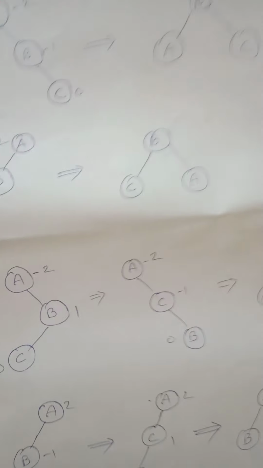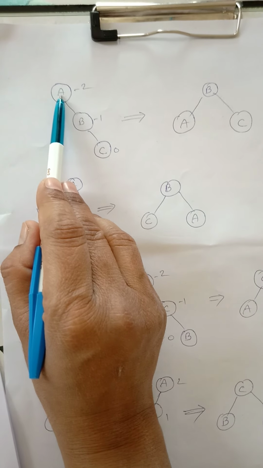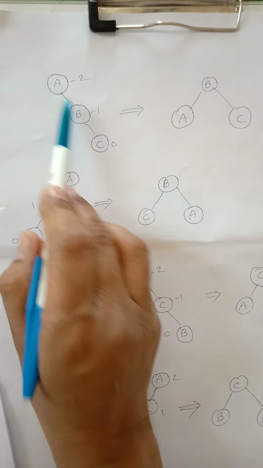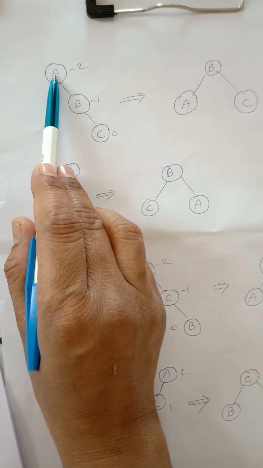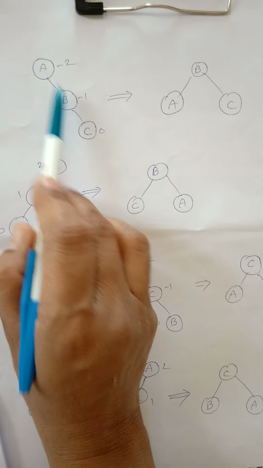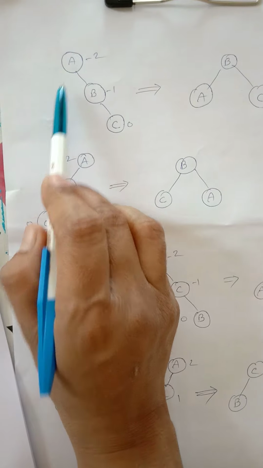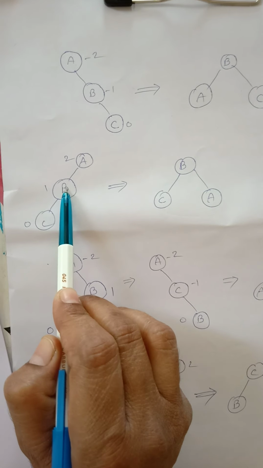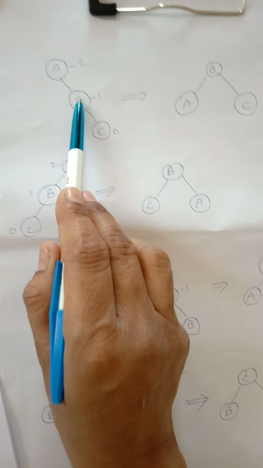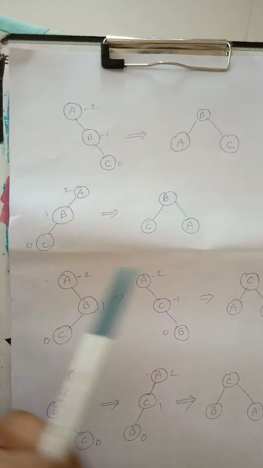So every time you have to consider one thing, that is this is your root's right, compare the keys. This is the key having greater value than this. If so, then this node is in the right of the root, if not then the node will be in the left of the root. So by comparing the values of the key we are calculating which rotation we have to perform. Now this is related to insertion.